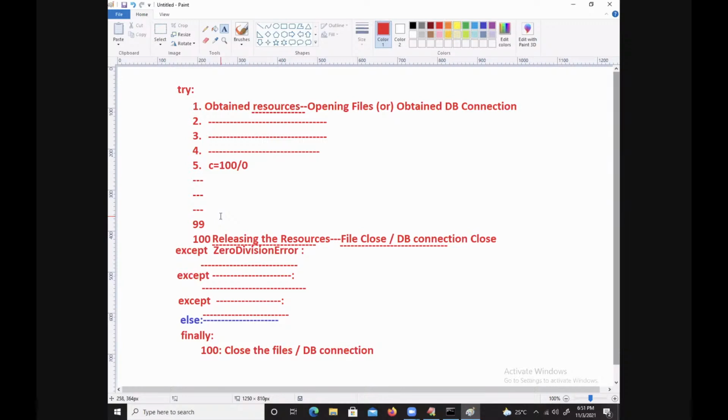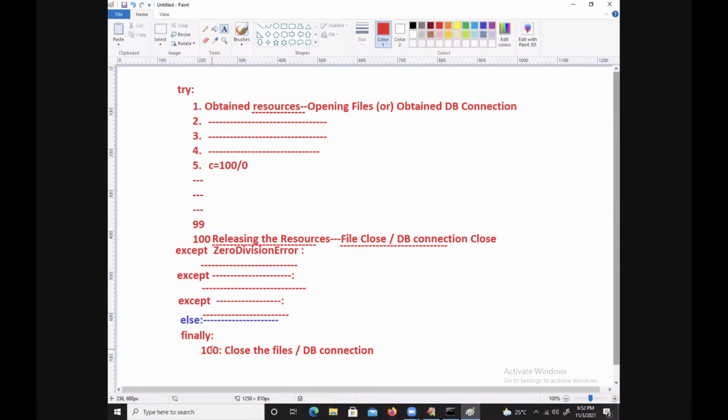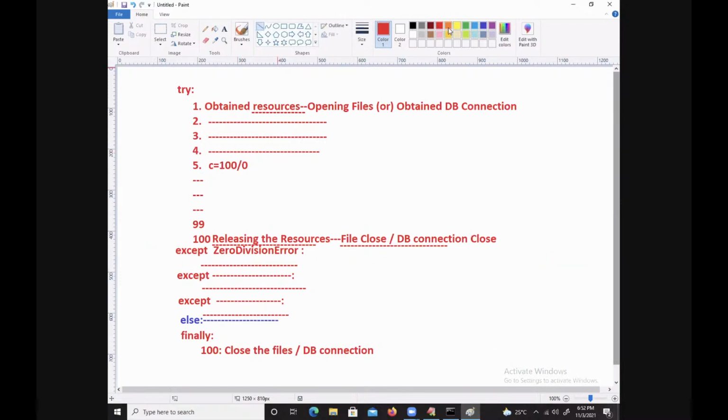Tell me quickly now: instead of writing that close statement here, where should I write it? Why am I writing it here? Once the exception occurs in line number 5, it jumps out, and after this execution is over it is not going back, so I am unable to close my file, which is not a recommended approach. That's why the industry says,